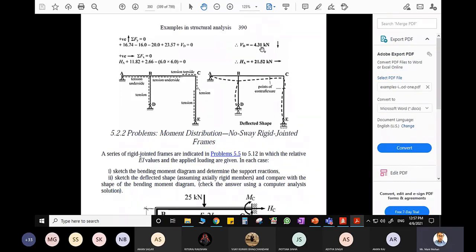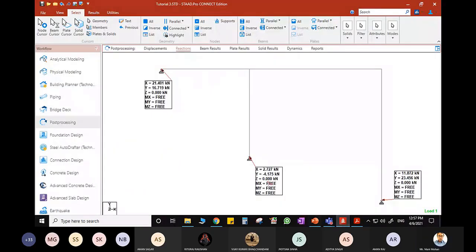It is minus 4.31 kilonewton, vertical reaction on D. See, I'm getting minus 4.175 kilonewton, which is almost very close. And there is a slight difference between these two results just because of some round off error. Maybe in the manual calculation there might have been some round off error, and moreover, the properties I also modulated a little bit in order to solve using this program.